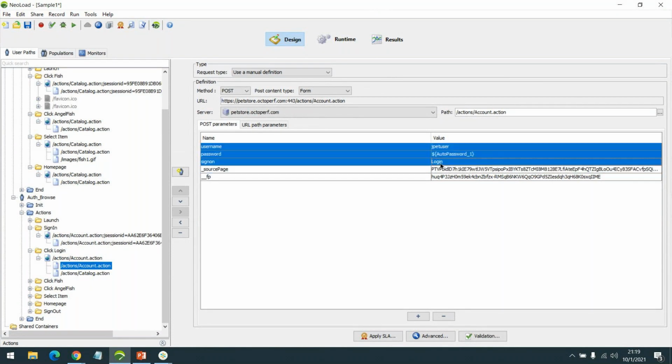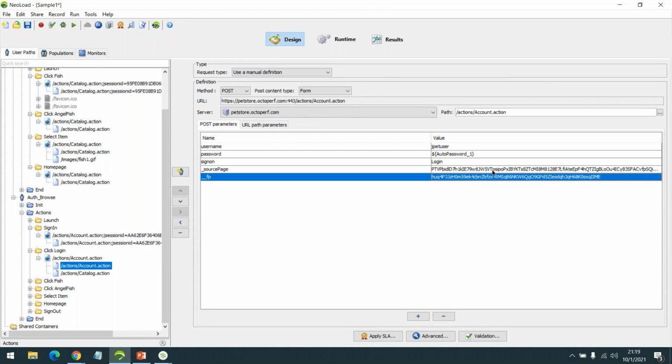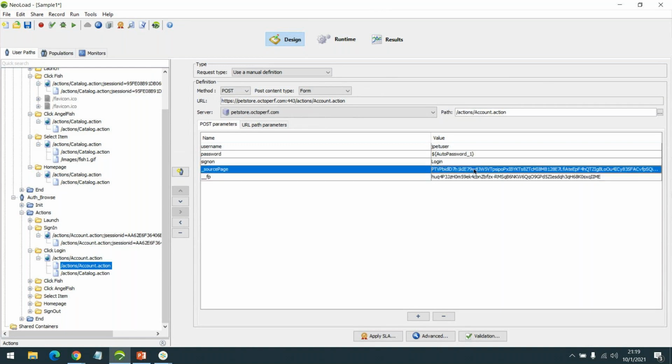Why did these dynamic values first of all get generated? These dynamic values determine a certain kind of authorization.